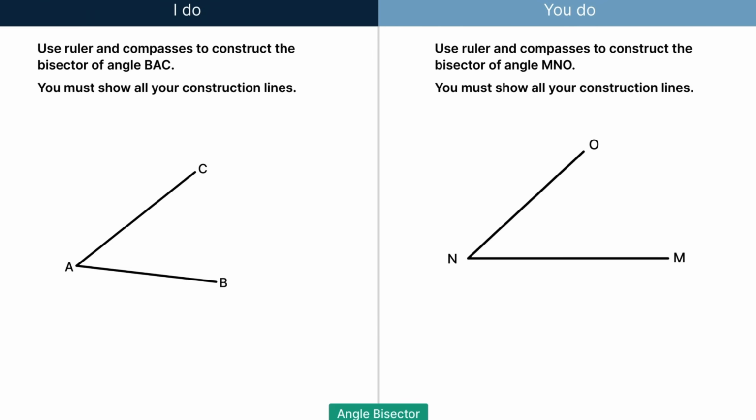And now moving on, we are bisecting an angle. And bisecting an angle, all that's saying is half the angle. So we've got this angle here, and it's saying draw a line that exactly halves this angle. So the way we do that is we're going to grab a compass, put that on this angle here,